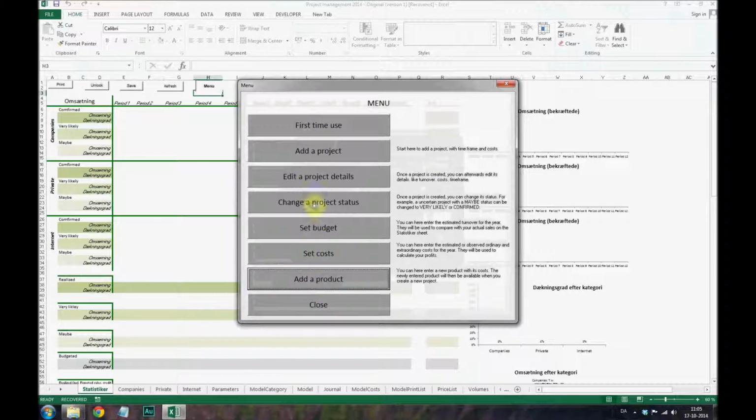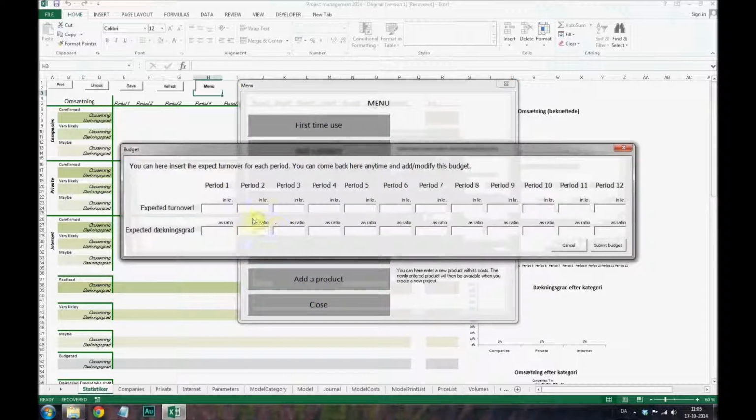Alright, now another thing we might want to do is to set a budget, which is about how much of a turnover we expect to realize. So I'm going to fill in a turnover for the 12 periods. You can come back here anytime if your expectations have changed in the meanwhile. You can set some other figures. Also, if you start using the program in, let's say, October, you don't have to fill in the data for period 1 or 2 or 3. You can start directly from period 10. So I'm filling in the turnover for each period, and you also need to specify